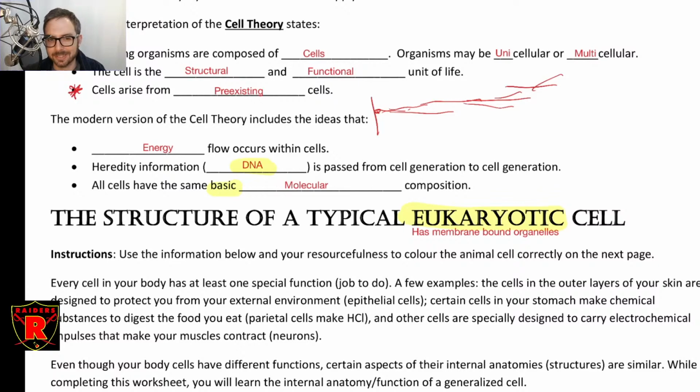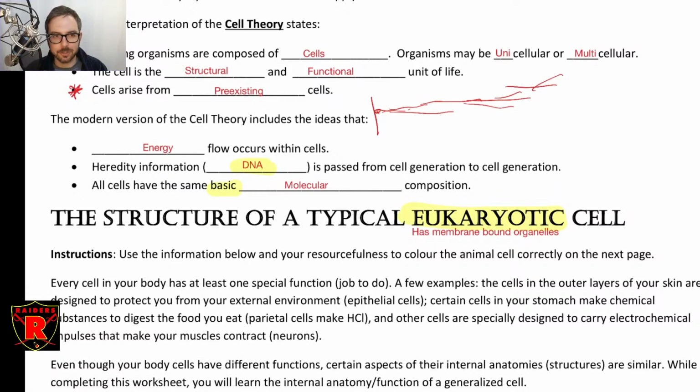We've also added some things into modern cell theory because we've been able to look at cells a lot more closely and at their biochemistry. And that is that there is some type of energy flow occurring within cells. Cells must take up nutrients of some kind from their external environment. They must do some chemistry on those nutrients and derive energy from them. So there is an energy flow that exists within the cell, and then their waste products are exuded. So that must be happening and is observed within all living things.